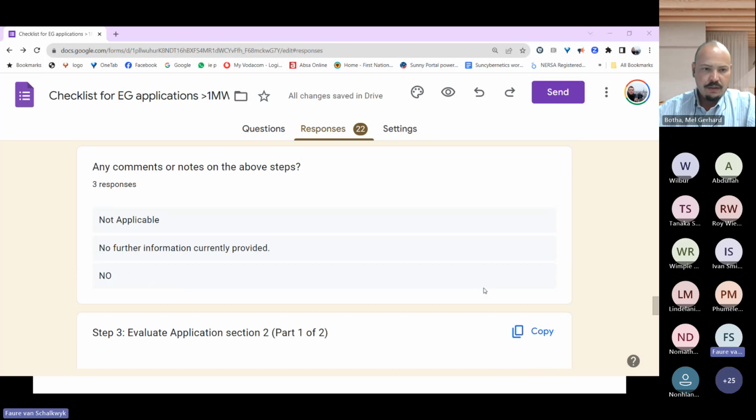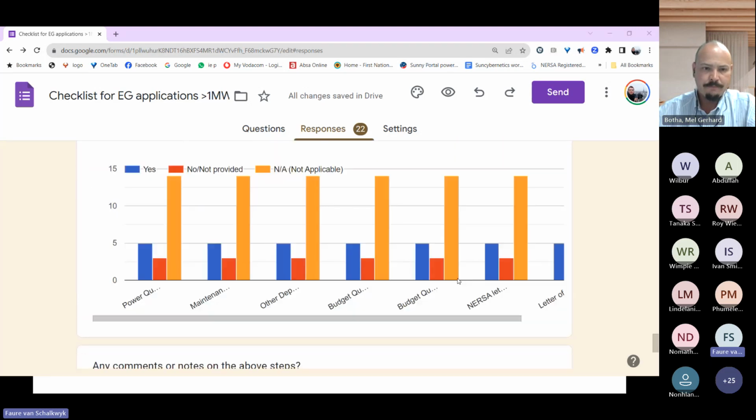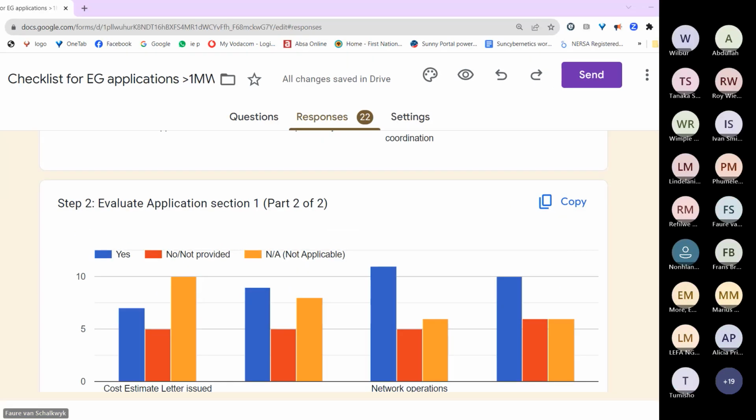Okay, and that's how far we went for now. So the rest should all be not applicable. Okay, so any comments or questions up to here? If I could maybe just make a comment in terms of the checklist,